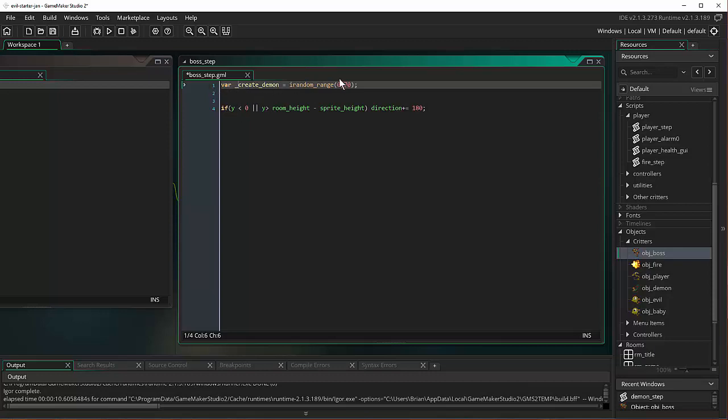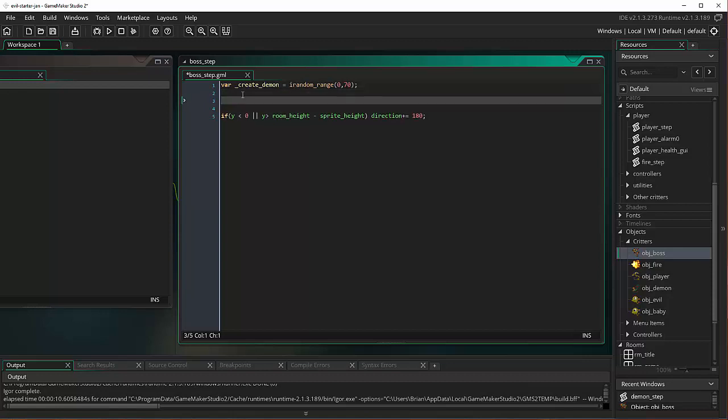Okay, so we're going to grab a number at random between 0 and 70. We're going to store it in this local variable, and then we want to make use of the number that we just recorded. So how do we do that? Well, we can pick any number, really. So let's say if create_demon is equal to literally anything. I'll just say 0. Let's keep it at 0. So we've got a 70-sided dice. If we roll a 0,